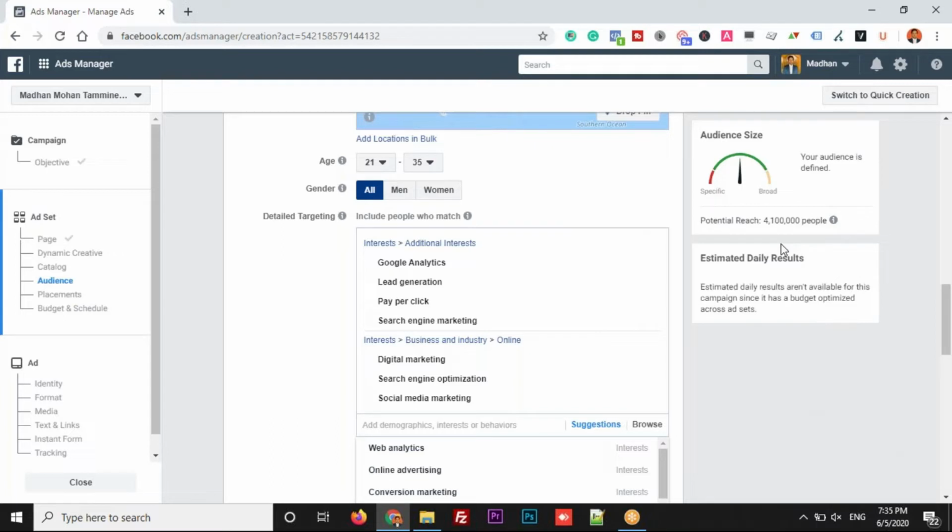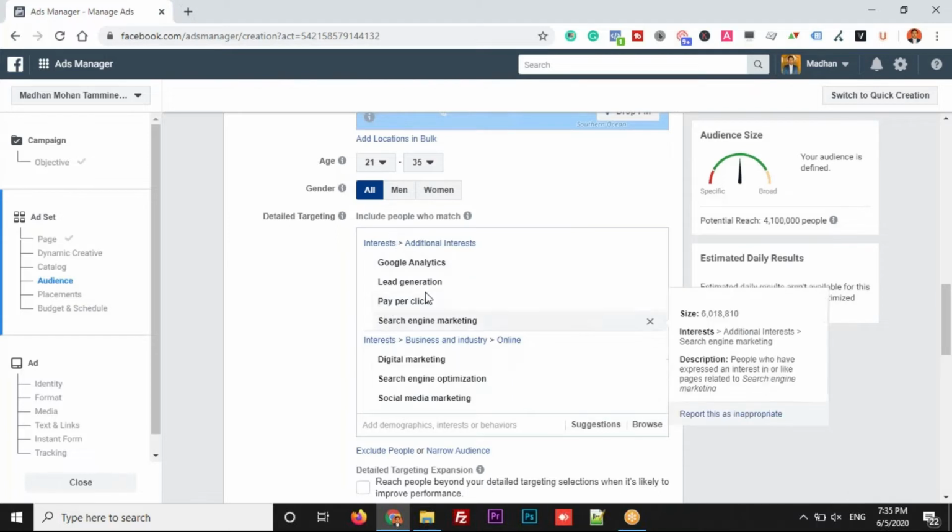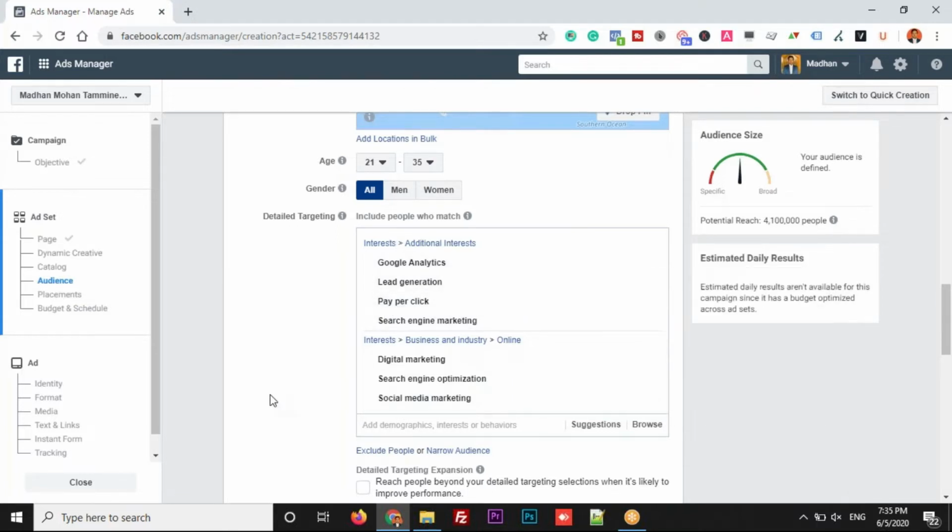So as you keep checking multiple, the number will go up. Like this you can pick the relevant keywords. Based on that, your targeting will be the people who are interested in these specific topics only, and they will see your advertisement. How Facebook will understand, I think I already explained,